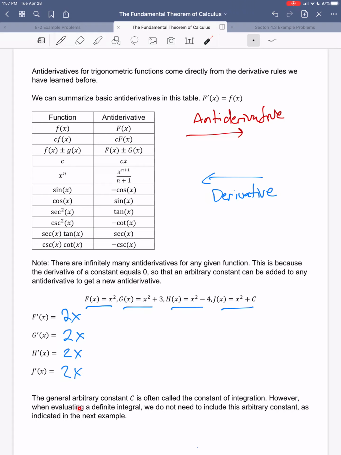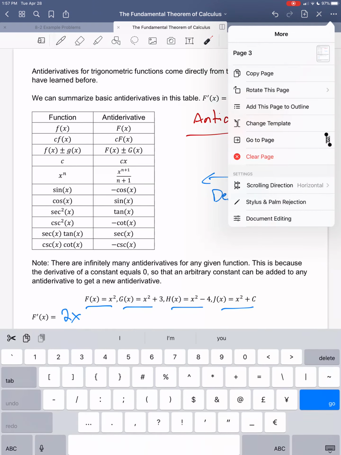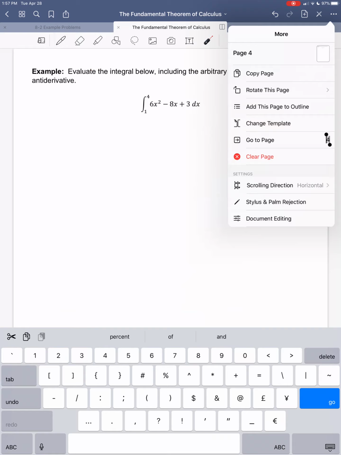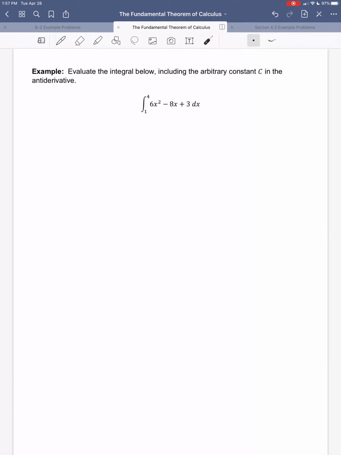However, when we're evaluating a definite integral, we do not need to include this arbitrary constant, as we can see in the next example. There will be a time when we do what are called indefinite integrals, and that constant is going to be needed, but not when we're doing definite integrals, as this example will show. So evaluate this integral below, including the arbitrary constant c in the antiderivative. So to evaluate this